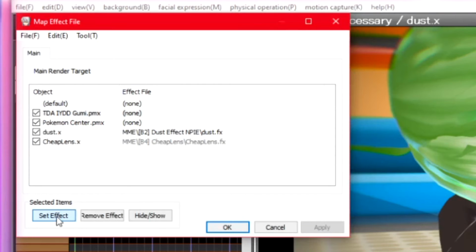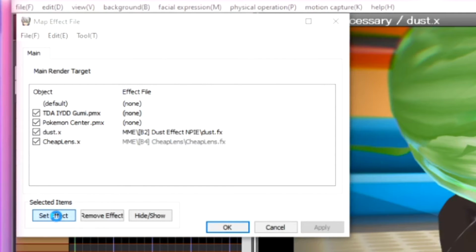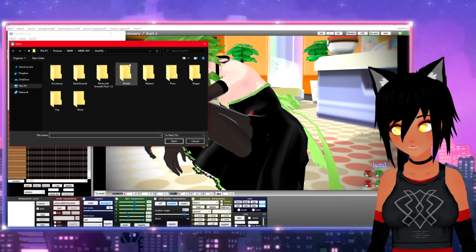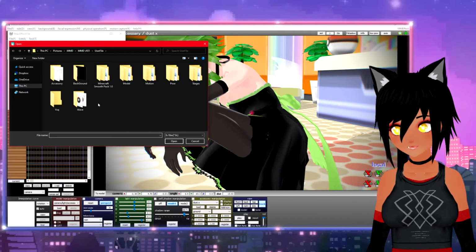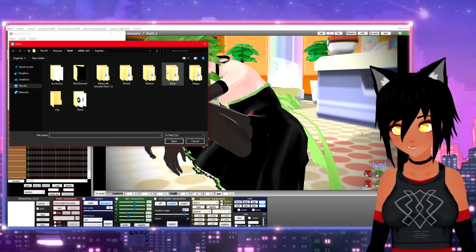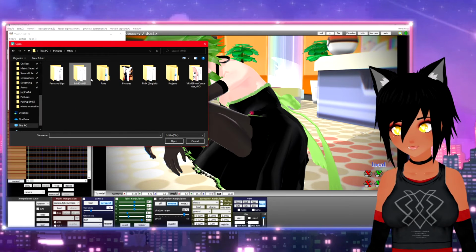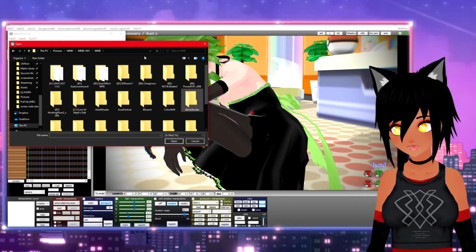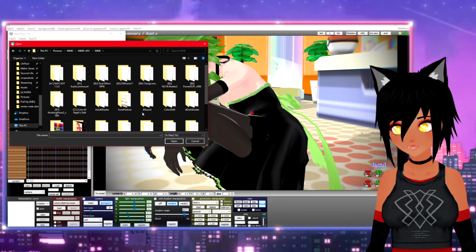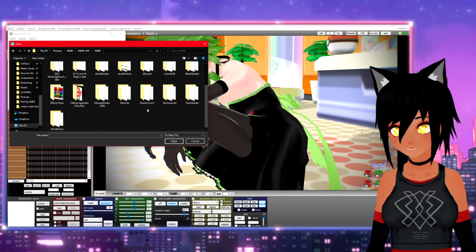So I can click set effect, and I won't get into anything too crazy in this one because this is just the basics to help you get started. But in MMD, you have a folder just for MME stuff. This is all my MME stuff.